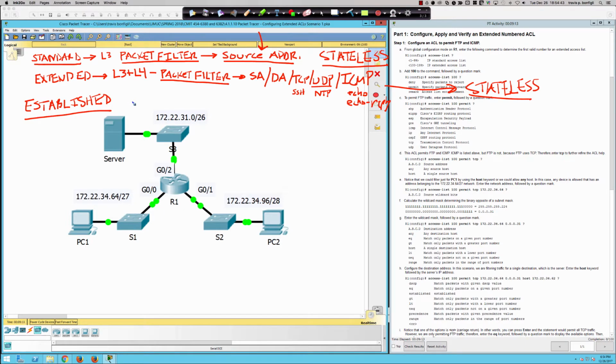So we've defined stateful as keeping track of idle time, the bytes, all the things I'm about ready to show you on an ASA firewall. So by our definition, the use of the established keyword was really Cisco's first attempt at providing statefulness to an ACL, right? To an extended ACL. And that's where we would see it, because established is inextricably linked to the TCP protocol,